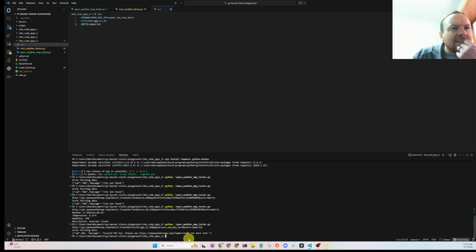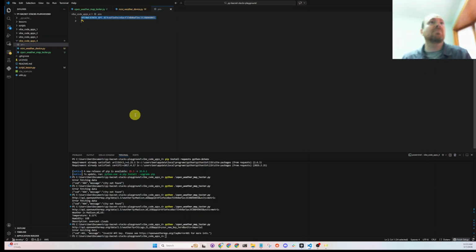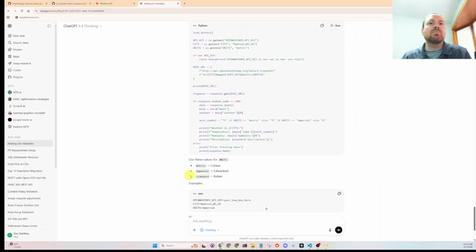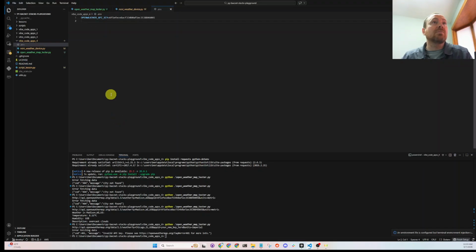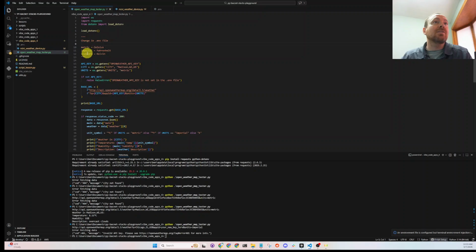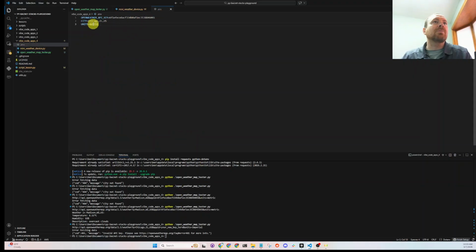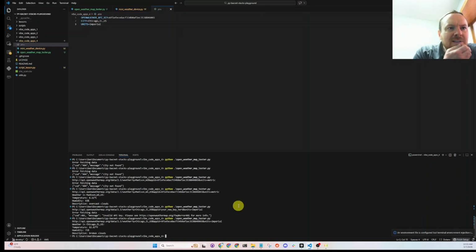Ooh, invalid API key. I pooched my API key. Stupid thing. Apparently it didn't want me to inject my API key up to ChatGPT, but I don't care. I'll probably be deleting this API key shortly anyways. Okay, ta-da, Chicago, Illinois. So now the fun part is